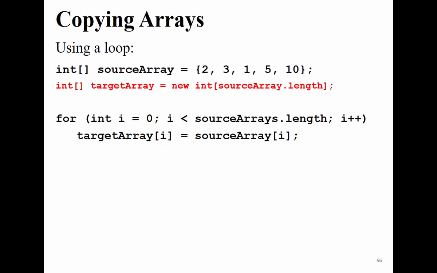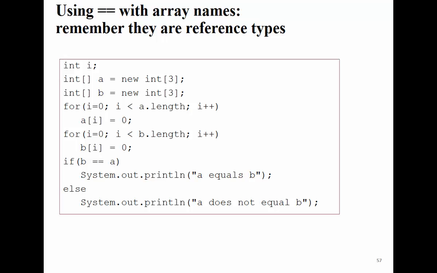That's all. Now, you see here we have a source array and a target array. We define the source array and initialize the values immediately. And we also define the target array as a new int array, giving it the same length as the source array. This is the proper way of copying the elements. In this way, the target array and the source array are pointing to different sets of elements, in this case 5 elements each. And we copy. This is the proper way of copying an array.